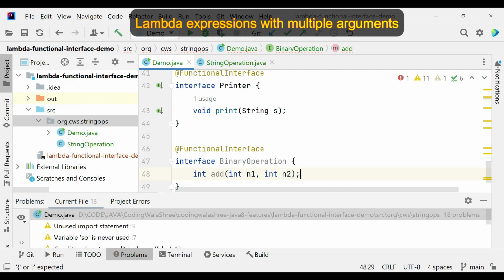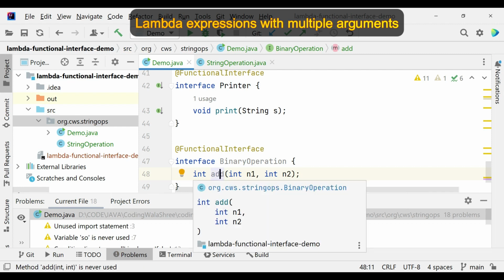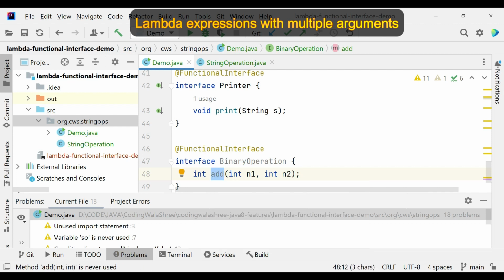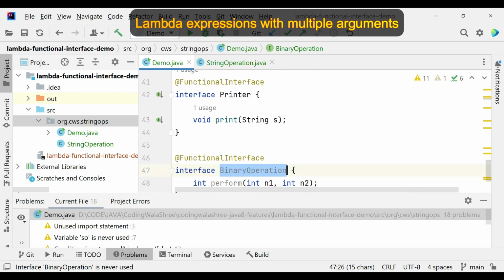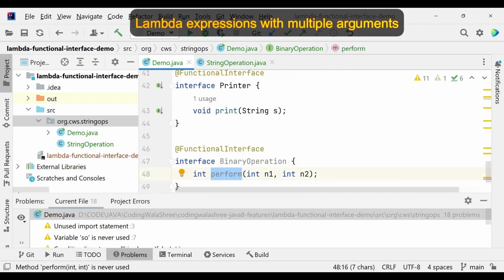So this is supposed to basically perform operation. It is a binary operation, so instead of saying add, I can say operate, right? Or perform is also fine. Perform on n1 and n2. This looks better. Okay, so my functional interface has only one abstract method which is perform, returns integer, accepts two integer